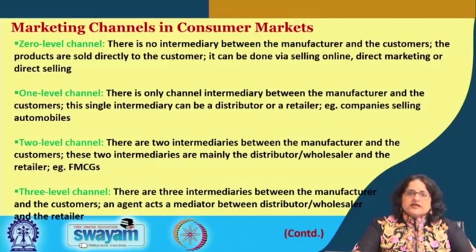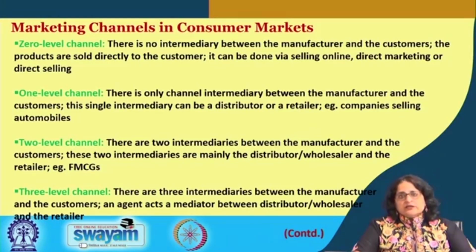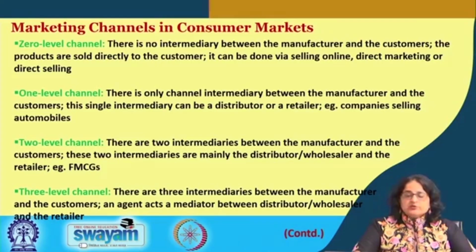So, as I just said, in consumer markets you could have a 0 level channel where there is no intermediary between the manufacturer and the customer, and the products are sold directly to the customer. It can be done via selling online or direct marketing or direct selling. Now, there is a difference between direct marketing and direct selling. In direct marketing, the company directly sells the product to the end customer, and in direct selling it is through